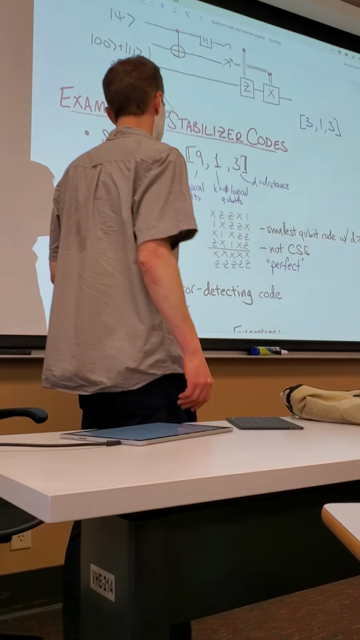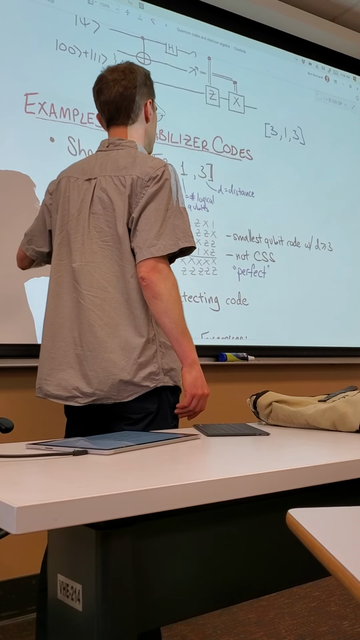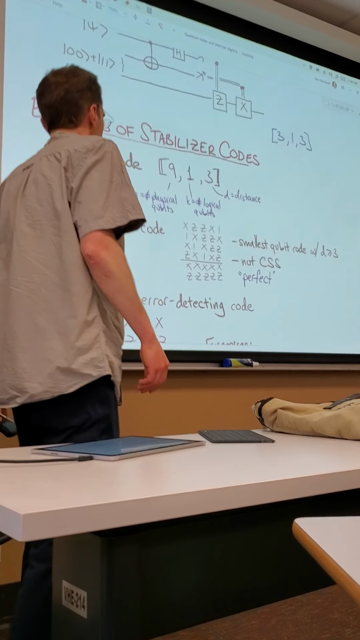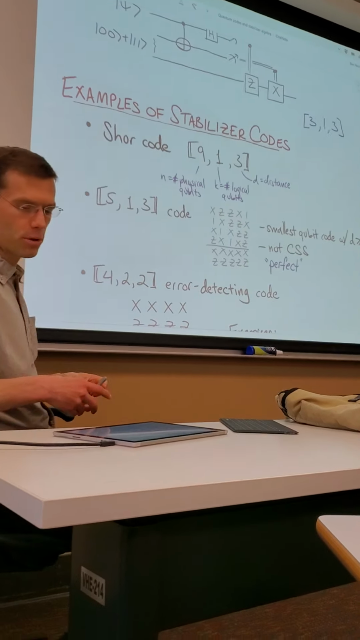And this is the smallest code on qubits with distance at least 3. You can see that because this code is what's called perfect. So perfect means